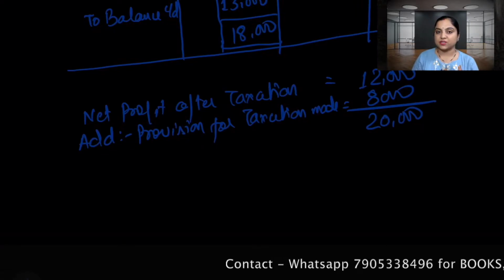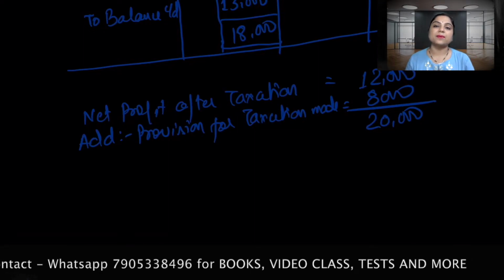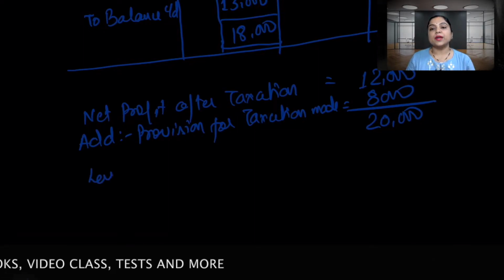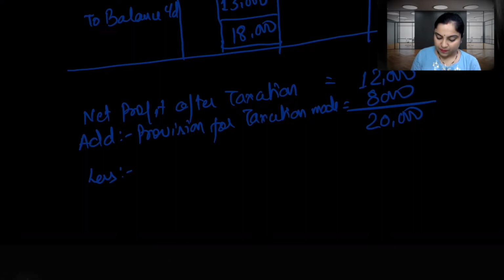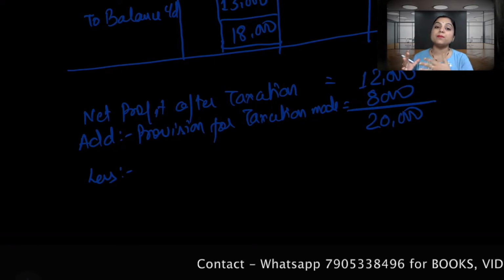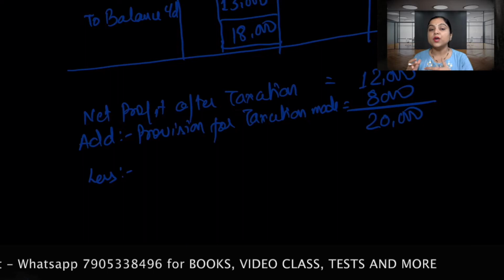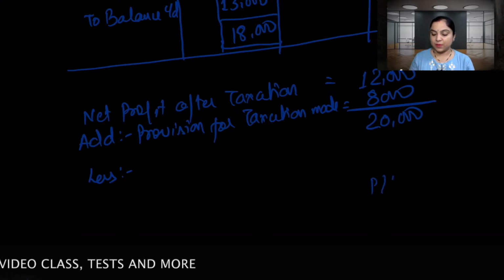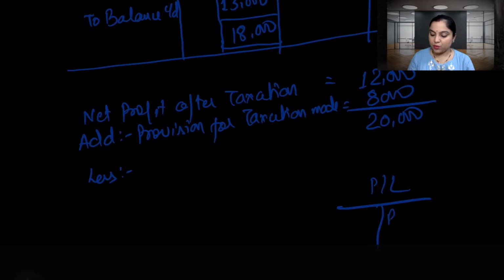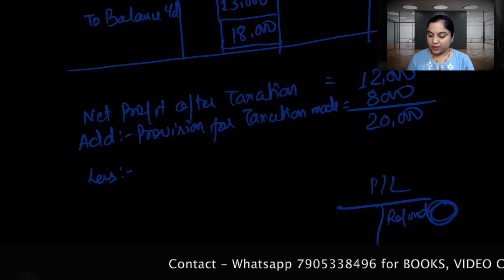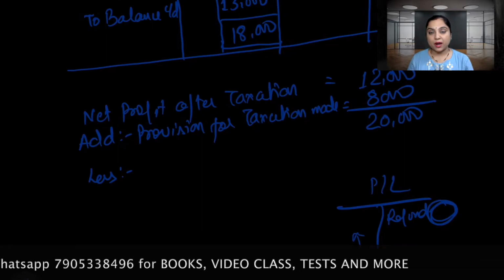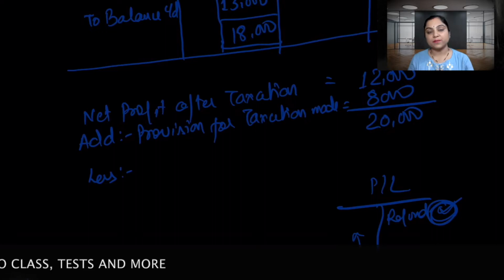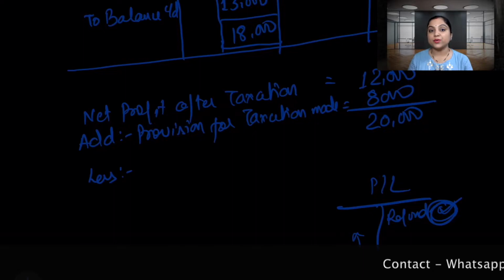net profit before tax and extraordinary item. So we receive the income tax refund. Okay. So income tax refund will be reduced, because income tax refund is the part of credit side of the P&L. That should be part of the credit side of P&L, and that will reduce your net profit before tax. Because just a quick recall, if you are preparing the P&L and you have a refund here, if it's shown, it definitely increases your profit, but it's not shown here, it's an additional information, so definitely it's going to reduce.